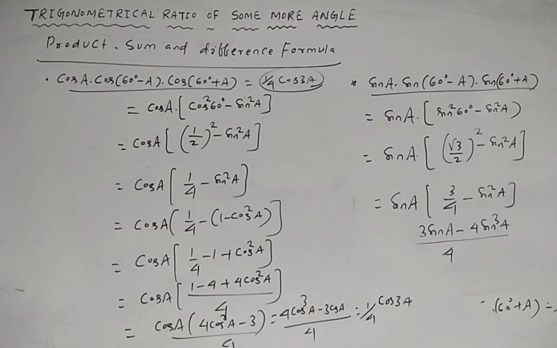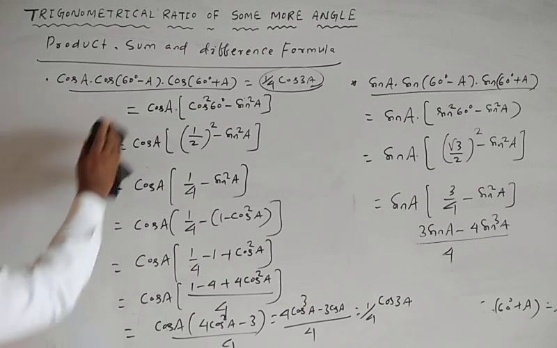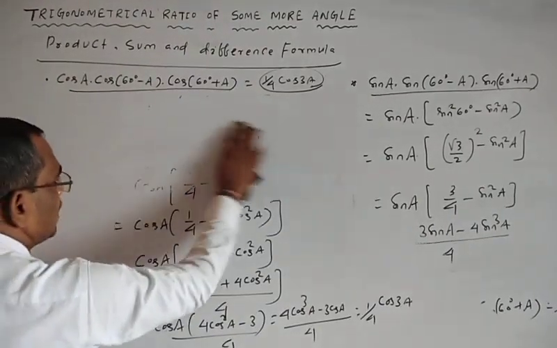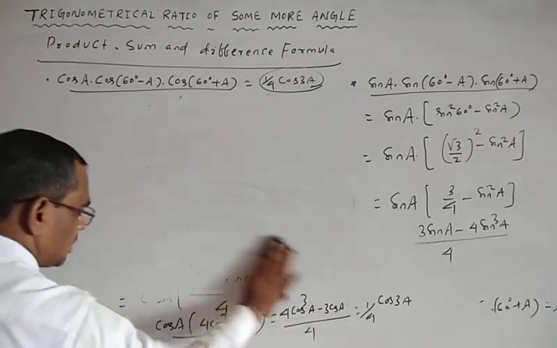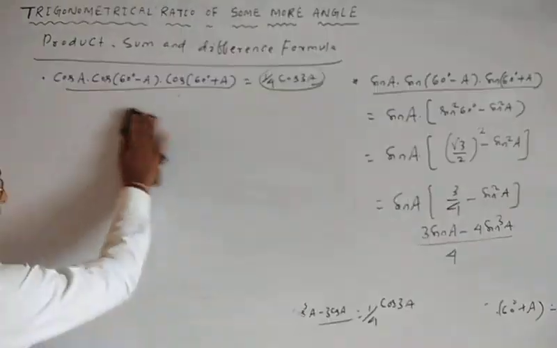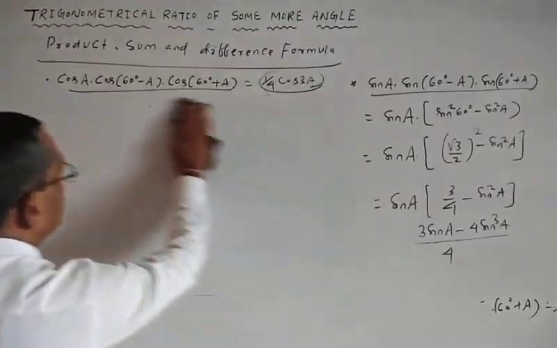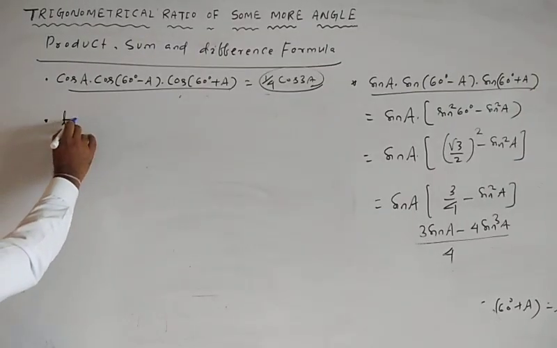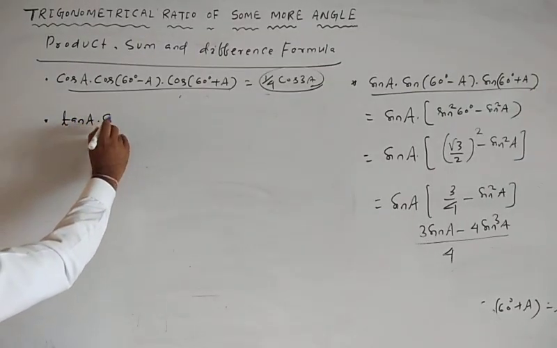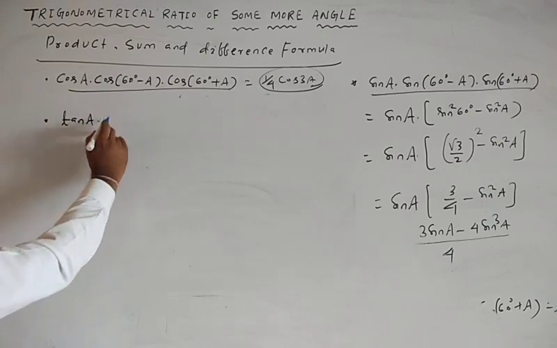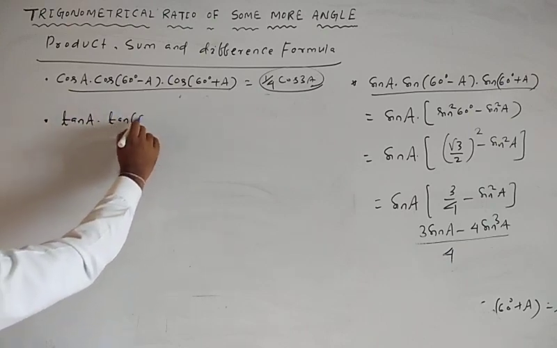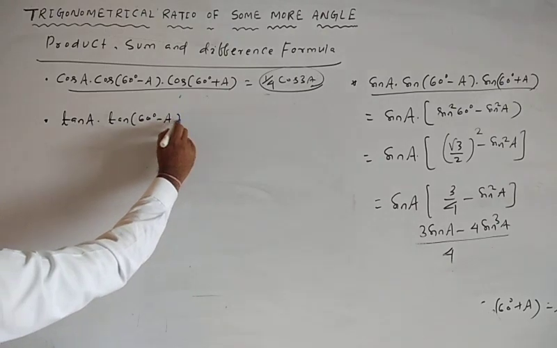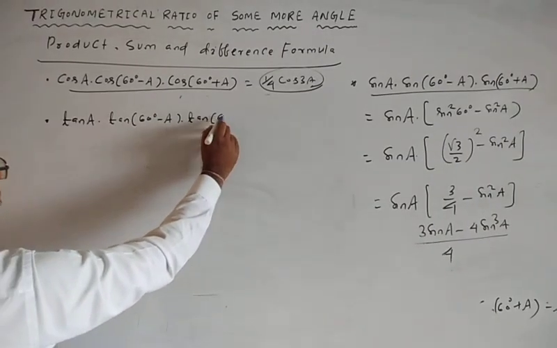Similarly, tan A into tan 60 degree minus A into tan 60 degree plus A is equal to